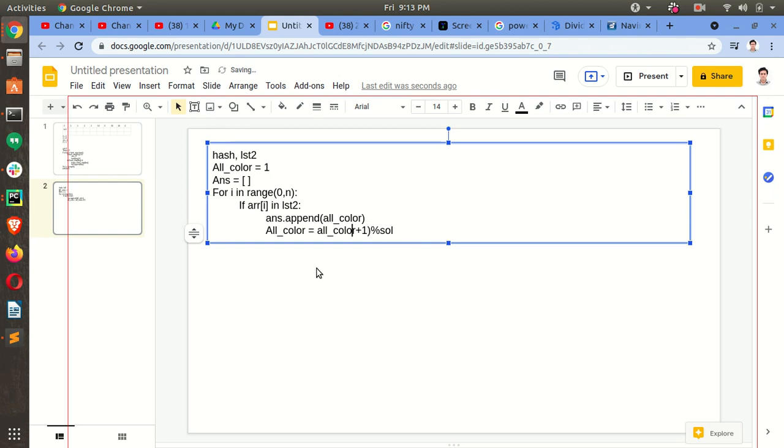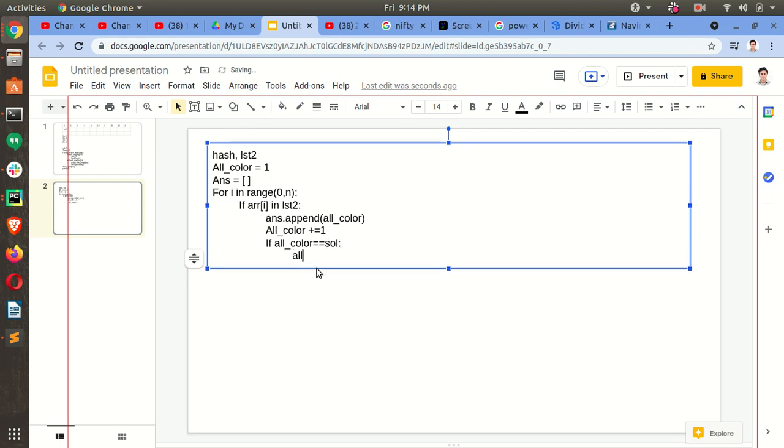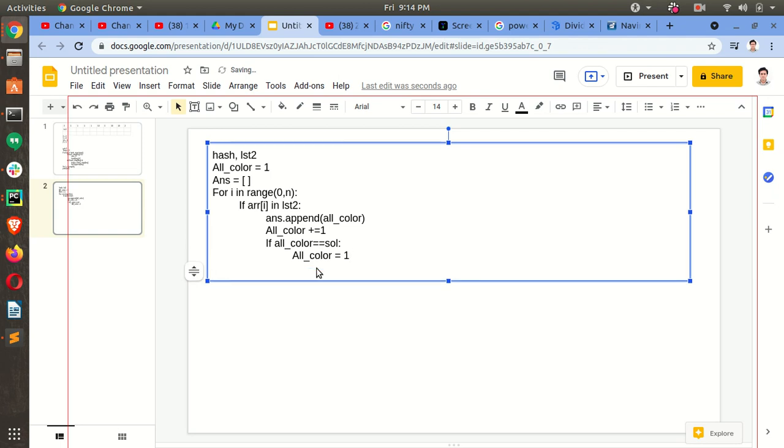This we will do. This is better. So this way we will keep on incrementing all color each time,